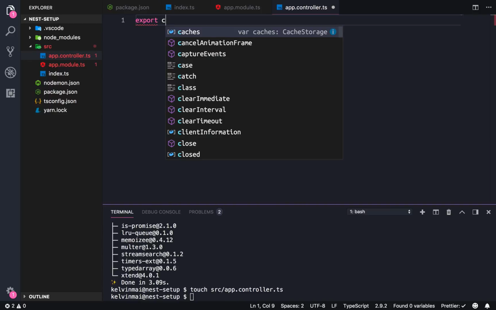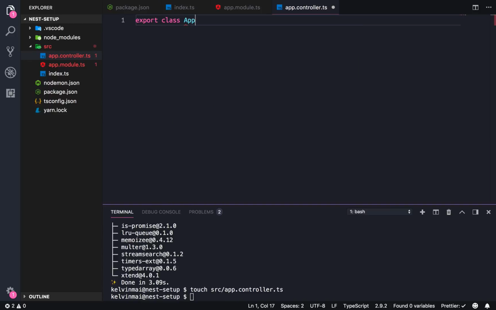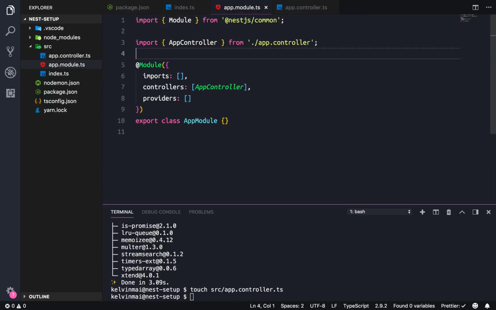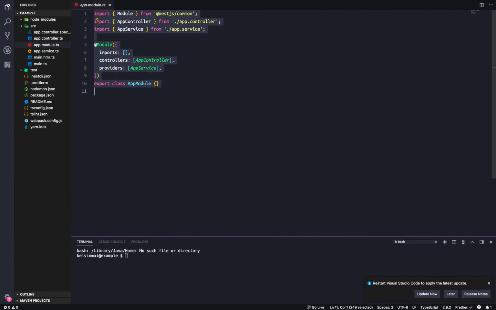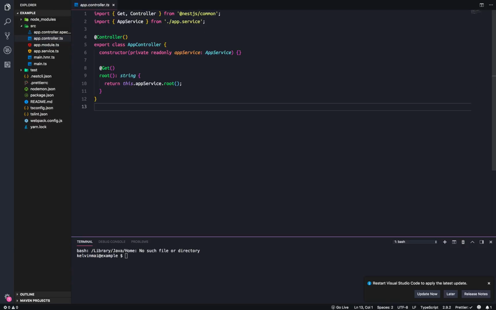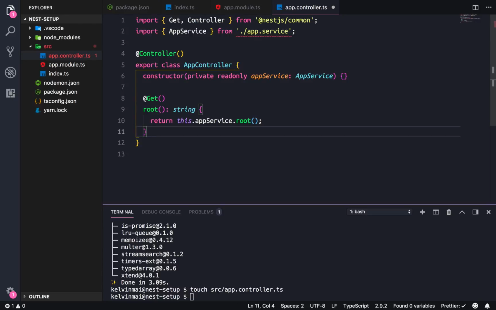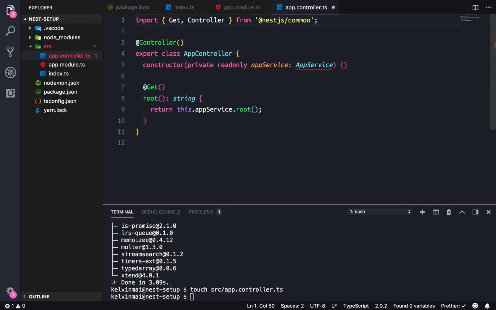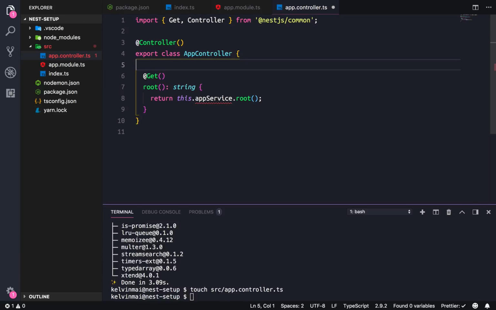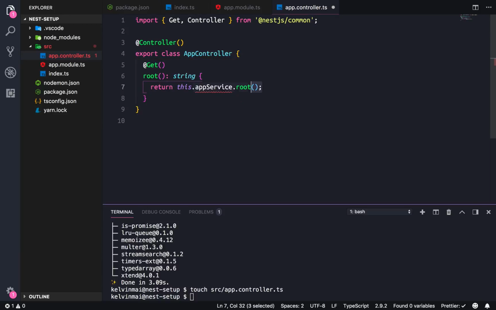So if you just do this, export class AppController, save, the import is happy, but if you run the app, it's gonna break. So let's see, what does the controller look like? I don't want this, and I don't need this, and I don't need this either. All right. Okay, so